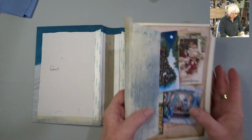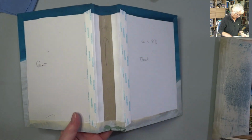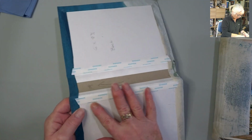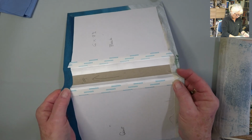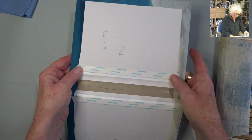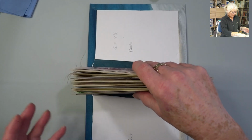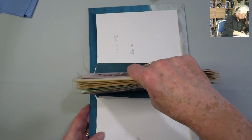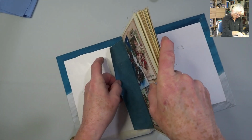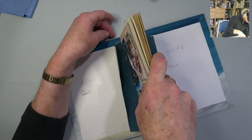Okay, time to put it all together. So that is now dry. I have my cover. What works for me is I put, this is a 1/4 inch score tape, and I just run it down there, and it gives me a bit of grab while I'm fitting in. Perhaps not so important when you're with a flat spine, but I find that this really helps me with a curved spine anyway. Right, what I'm looking to do is line up. So I want it roughly...